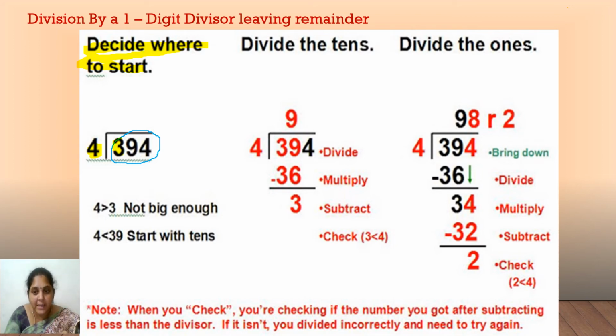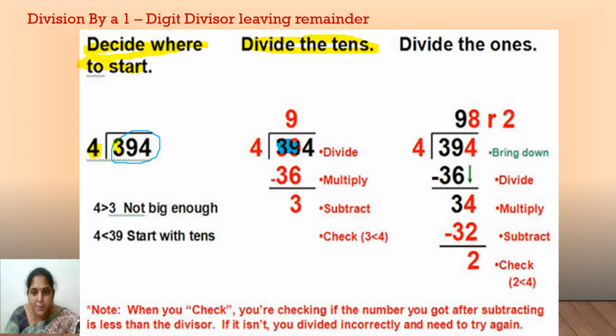So what I have to do? Now I have to take a decision to divide the number from the tens place also. We have to compare both the numbers, which are in the hundreds place and the tens place. We have to group them. Hundreds and tens we have to group them, and the two digits we have to take for our division, meaning the dividend number. Now when I am comparing my two digits, that is in the hundreds place and tens place, what will be my number here? It is 39. So is 39 greater than 4? Yes, 39 is greater than 4.